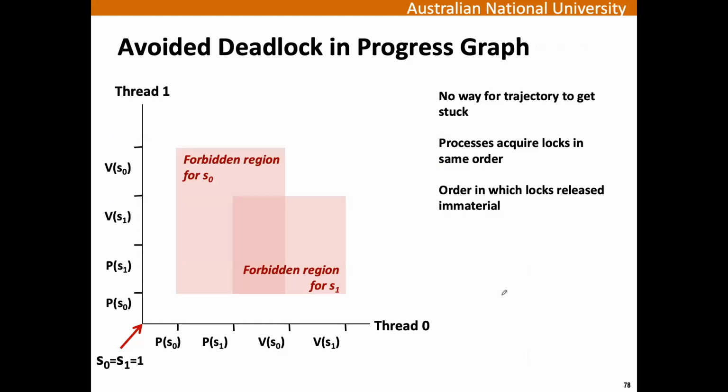So the only way to avoid deadlocks is for processes to acquire locks in the same order. And the order in which the locks are released does not matter. So if we do this again,